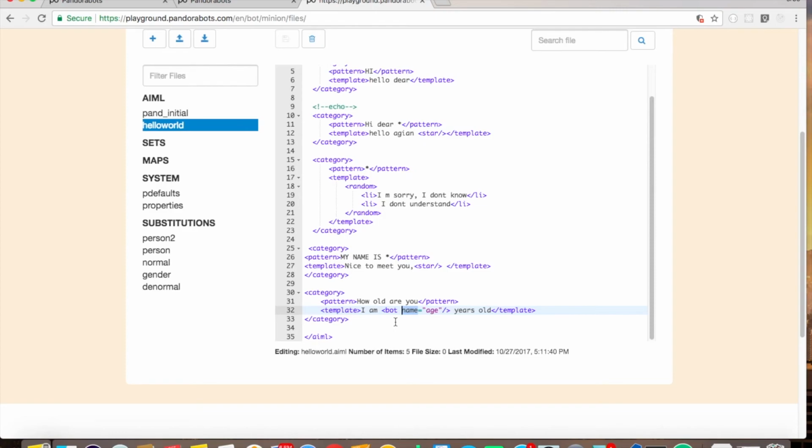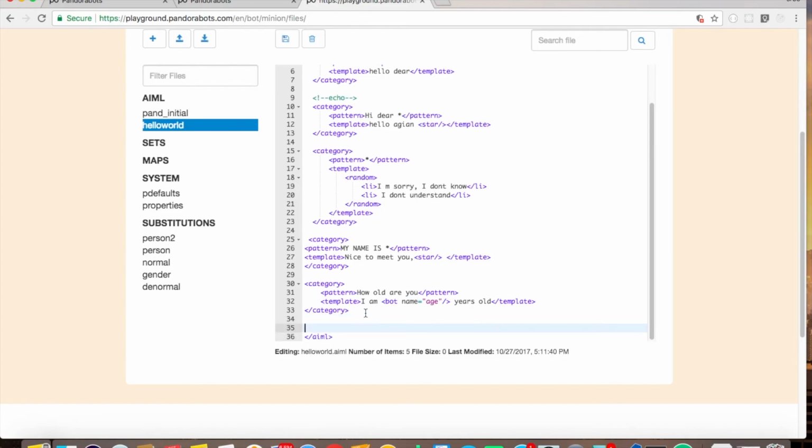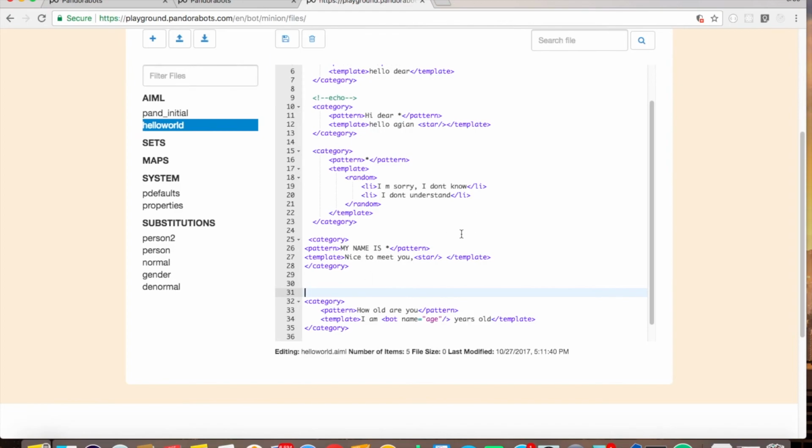Now let's check how to check a predicate. What do we mean by a predicate? A predicate is the one where it is set by invoking the template tag by a particular pattern. I'll give you an example of that. Let's say I type, okay, let's do one thing. I already have here what my name is. Instead of printing it alone, echoing it alone, let's capture it. So let's do some set to it.